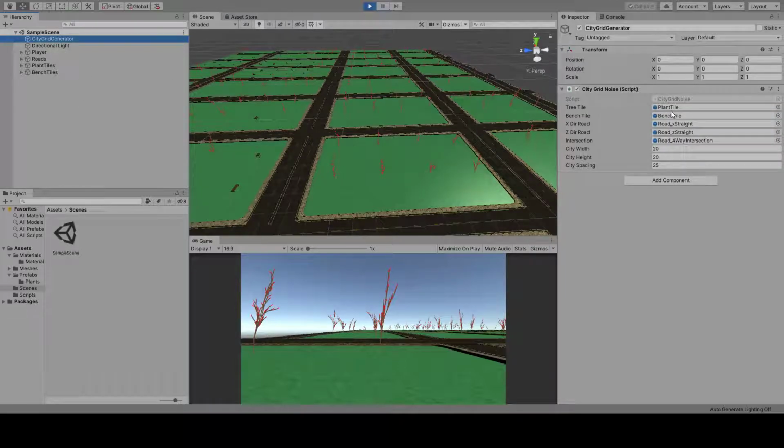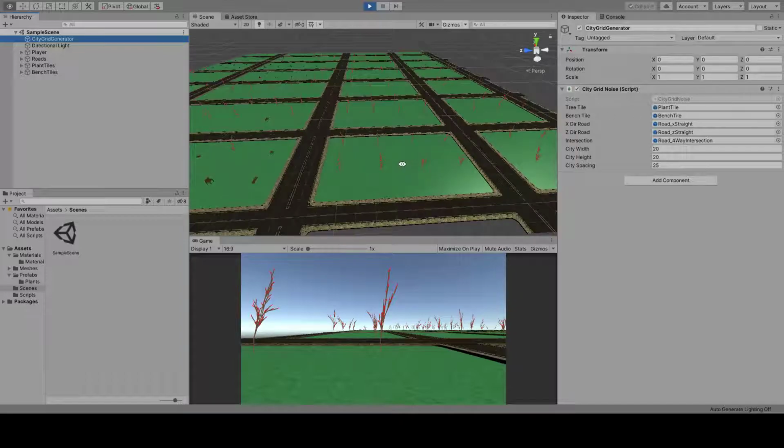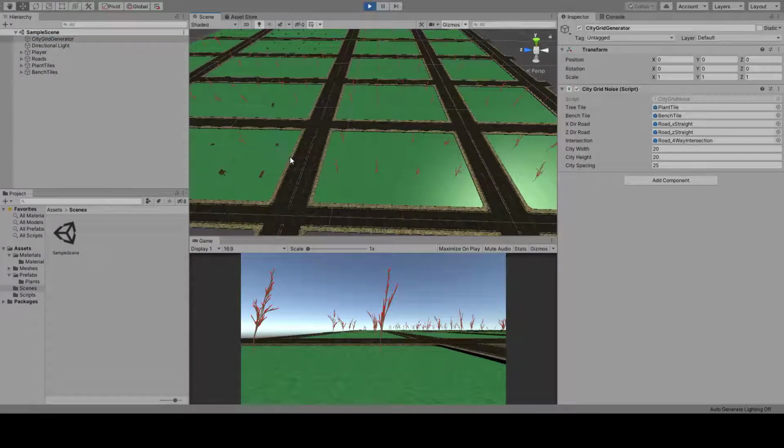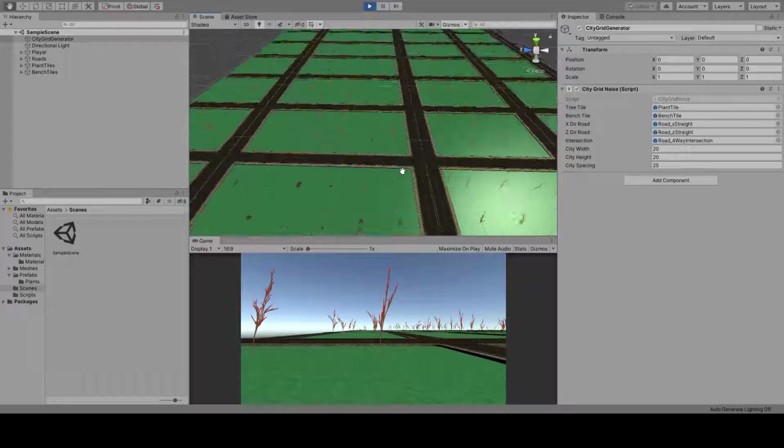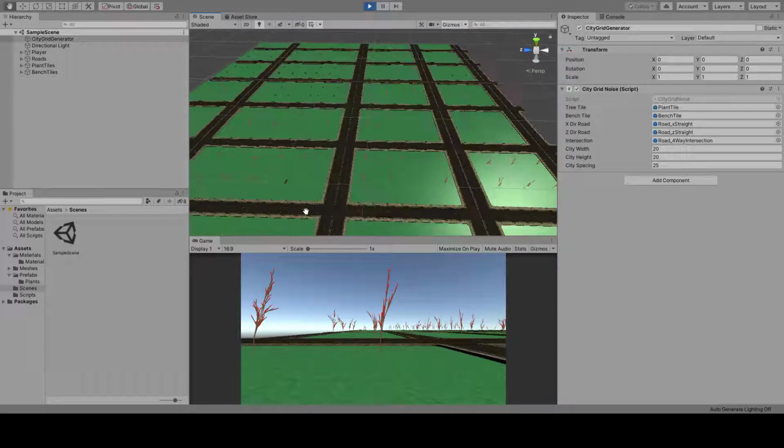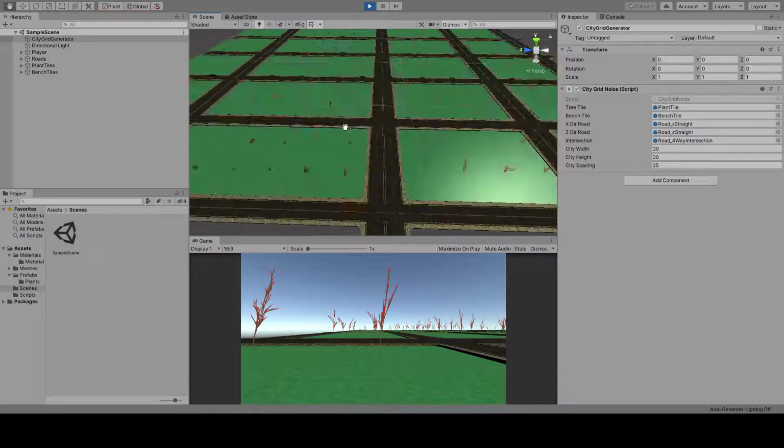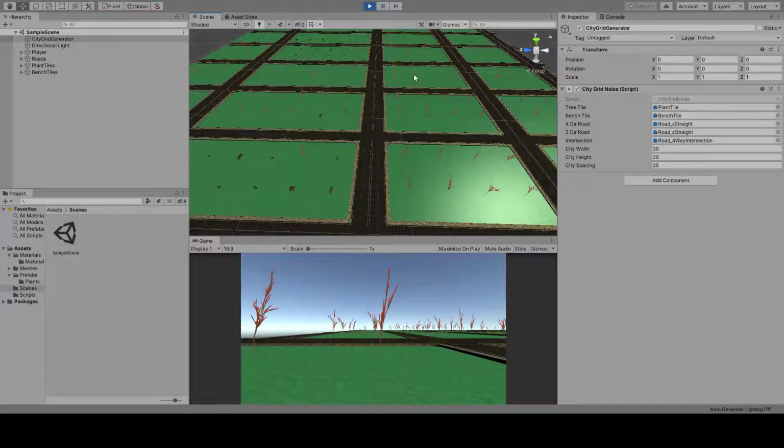So you can see here that it's noise-based as our assignment 2 was, but instead we have this grammar for building a grid-like system. You'll see they're not all the exact same size, but instead give a little bit of variance, and you'll notice